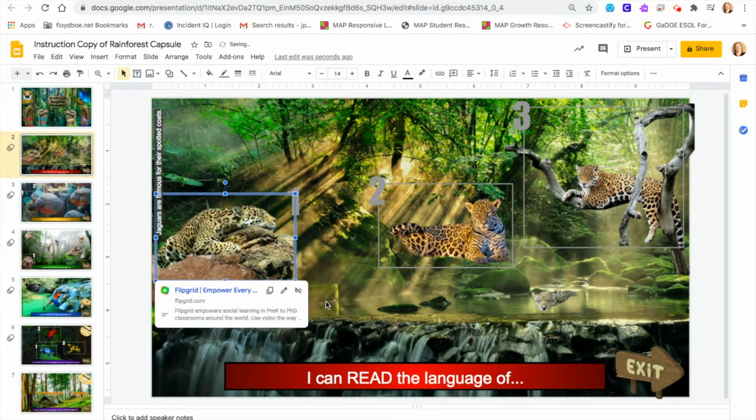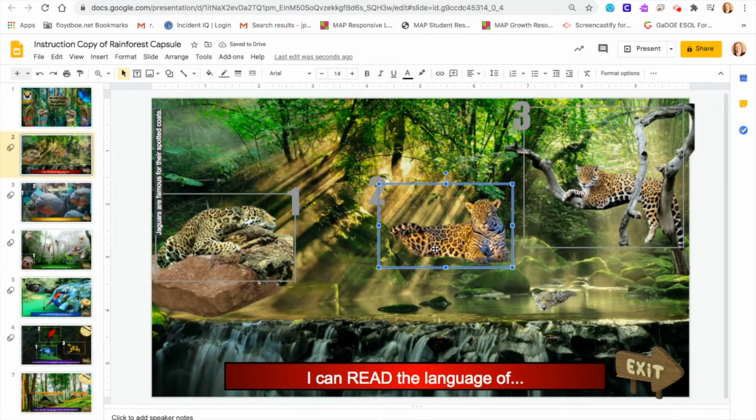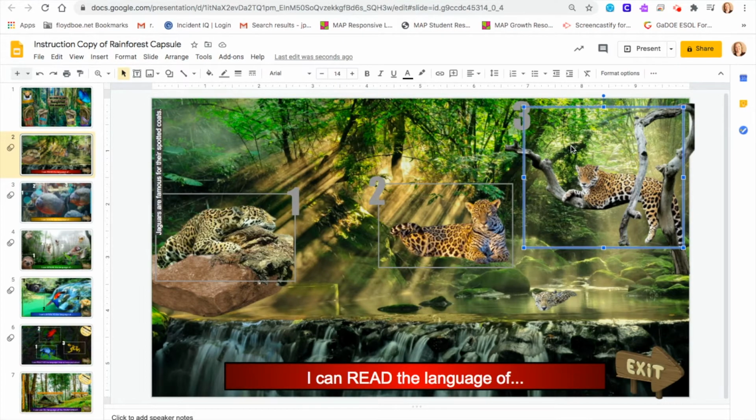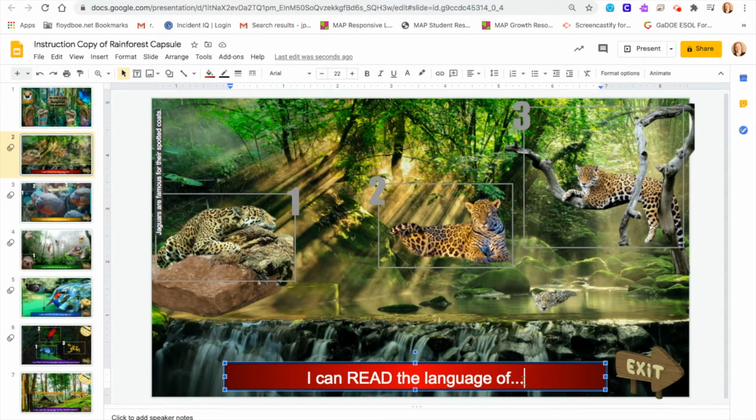That one's all set. You'll do that with each of the 3 boxes on each of the domain rooms, and this is the reading room. So I'm not going to go through and add links to this one, but just so that you can see how it's done. You'll also update the standard at the bottom. I can read the language of, and whatever your activities are about, that's where you want to set the goal